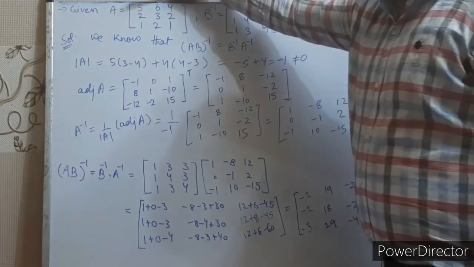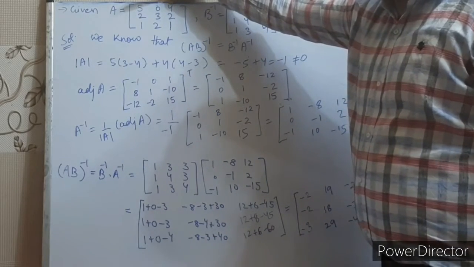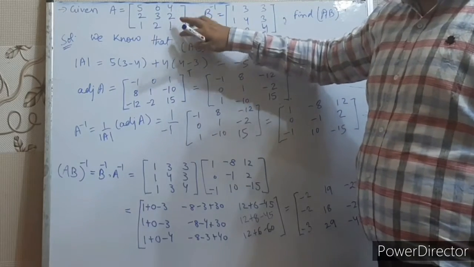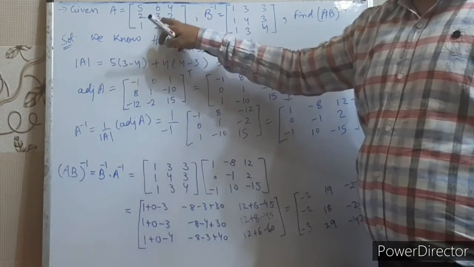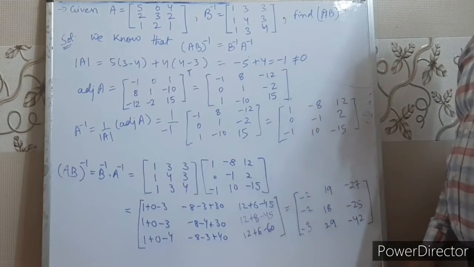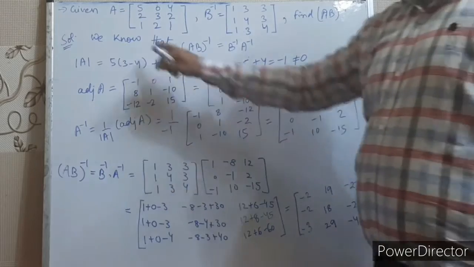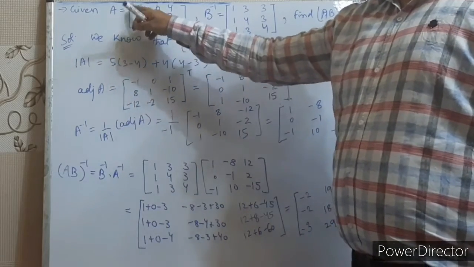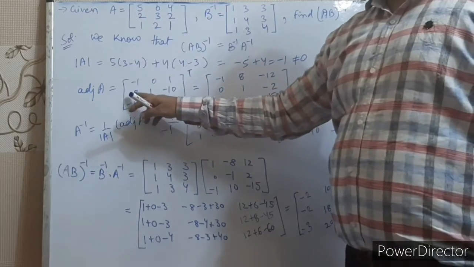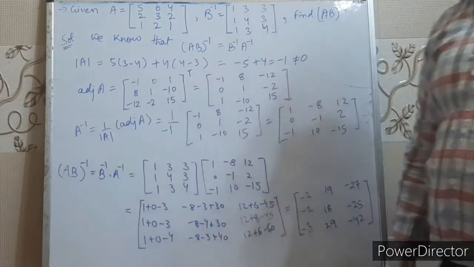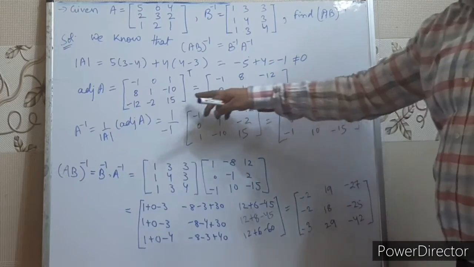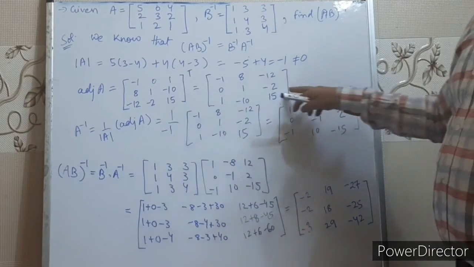For the first row, third column, this row and this column will get cancelled. What will we get? 4 minus 3, so it will be 1. Understood, children? For second row, first column, this row and this column will get cancelled. It will be 0 minus 8, so minus of minus 8 will be plus 8. Right? So this way we can calculate the cofactors, and when we take the transpose of the cofactor matrix, we'll get